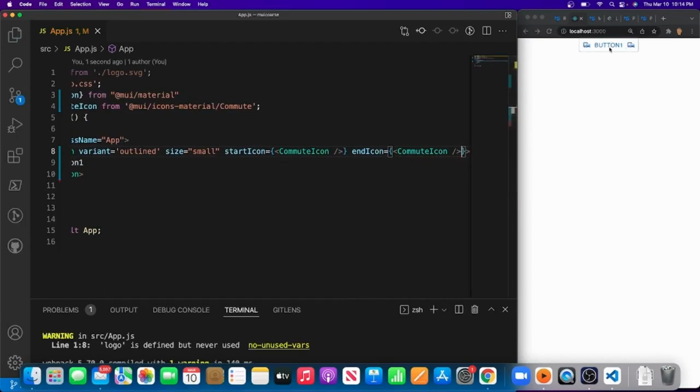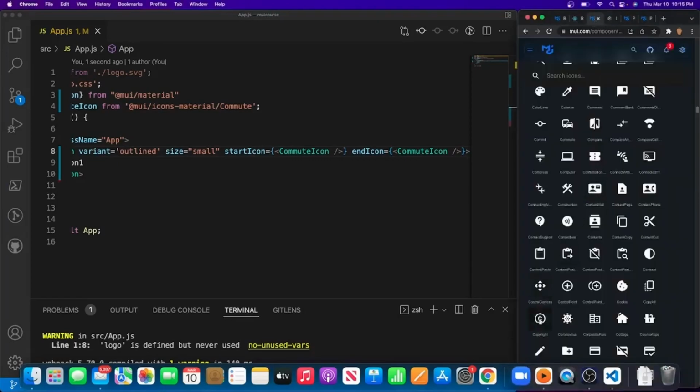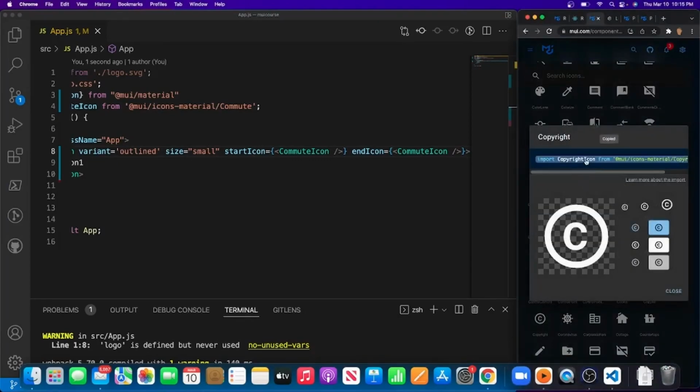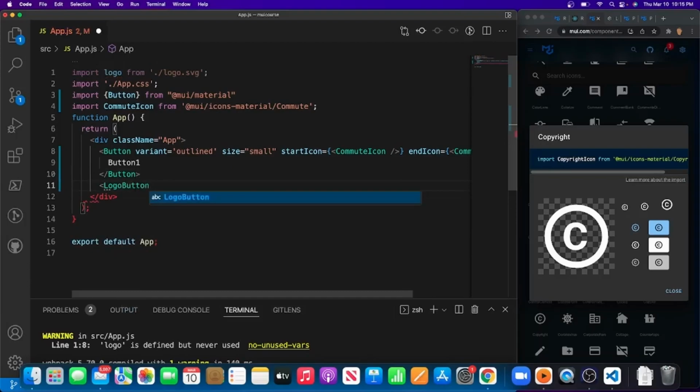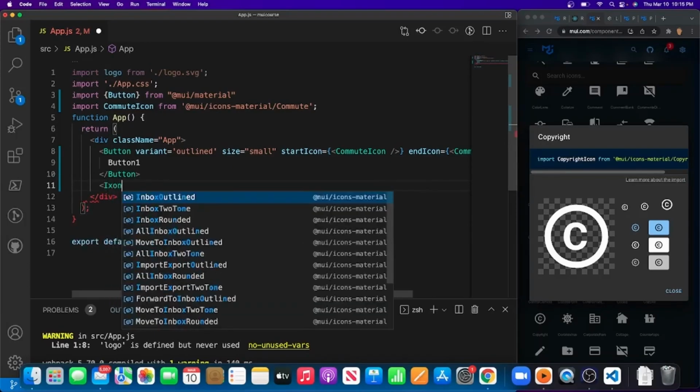As you can see right there, we have two of the same icons in the start and in the end. You know what? I think I should copyright this tutorial, so I am going to grab this copyright logo right here, and what we'll do is we're actually going to be using a logo button. Whoops, I meant icon button